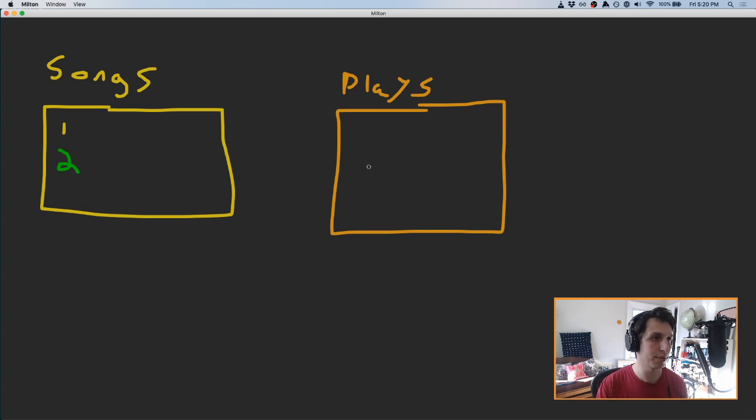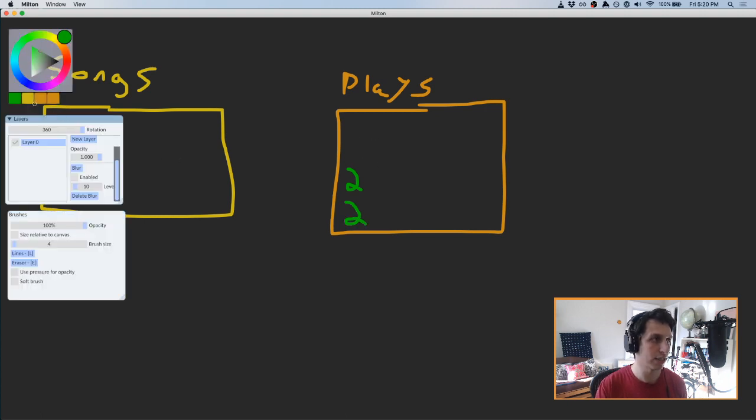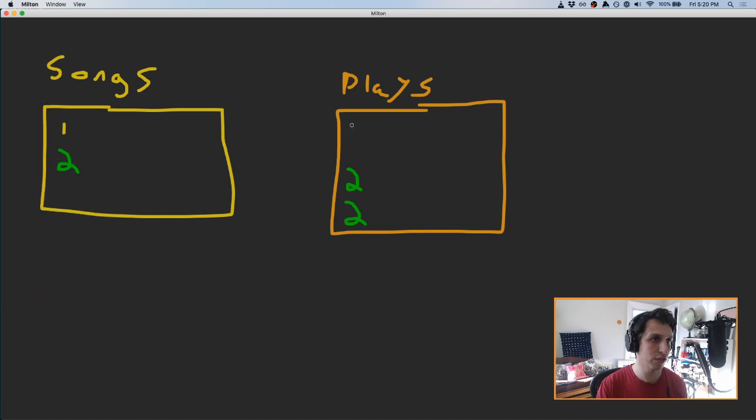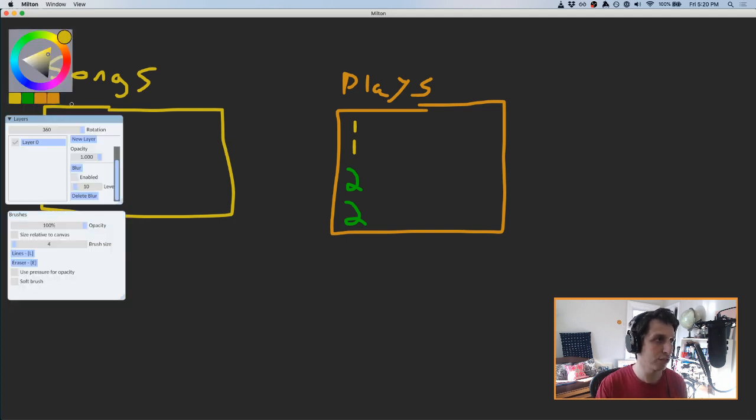And in our plays table, it's going to be the same thing. We're going to have a couple of plays for 2. Maybe in this case we just had 1, but you can imagine that you might have 2 plays for the second song, as well as 2 plays for the first song, like this. And so let's say in our query we wanted to say, give me all of the plays for song 1. What we actually have to do to join these two things together is we have to